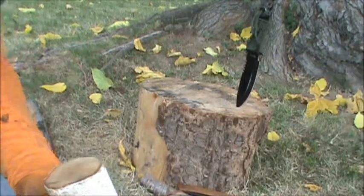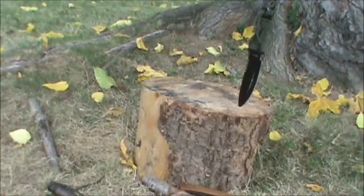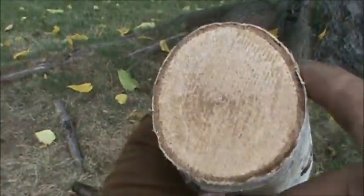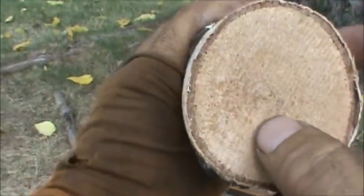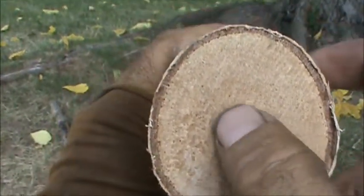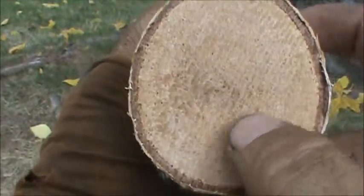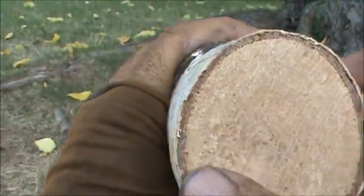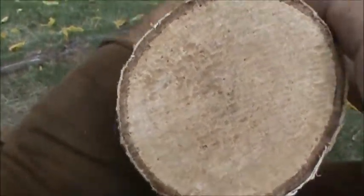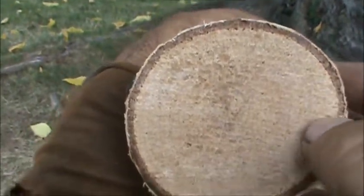I'm going to split the wood in such a manner that I avoid as much of this heartwood as possible. The heartwood is always the hardest part of the wood. We're going to utilize as much of the sapwood here as we can. So we get a small spindle out of here,